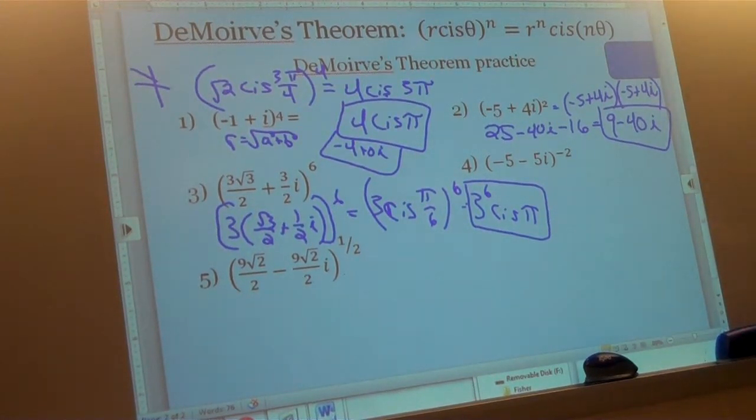All right. So if I'm going to FOIL this out under the numerator,